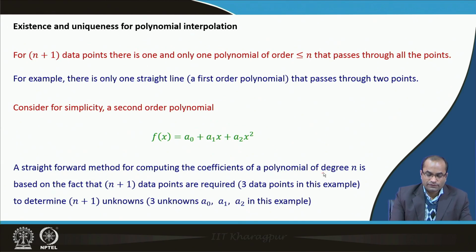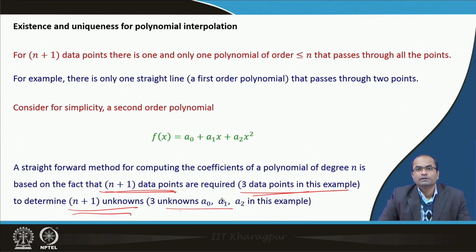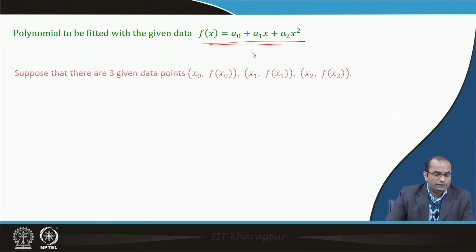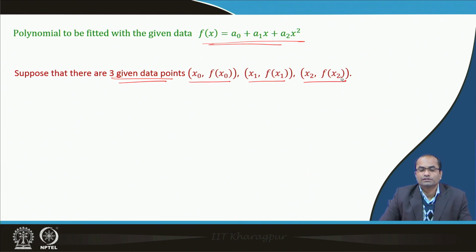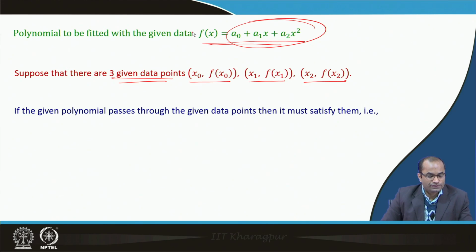So, for this uniqueness we need n plus 1 data points, and 3 data points in this example to determine n plus 1 unknowns; in this example we have 3 unknowns. Now this is the polynomial to be fitted with the given data, and suppose there are the 3 data points x naught, f x naught, x 1, f x 1 and x 2, f x 2. These 3 data points are given and we want to construct a polynomial which passes through these 3 points. If the given polynomial passes through the given data points, then it must satisfy,